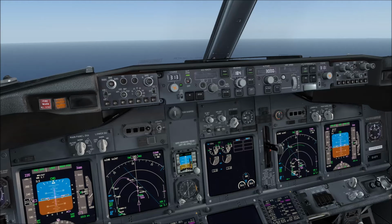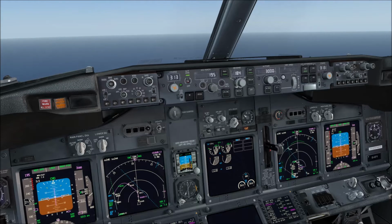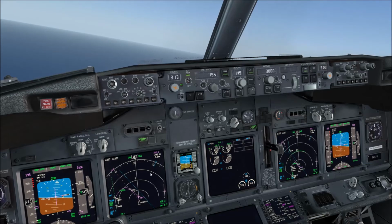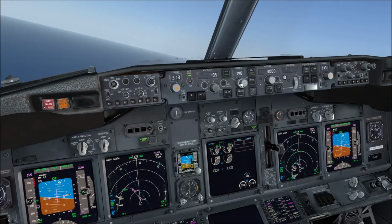So we're getting close to the decel point now, and we'll start reducing the speed. So flap 1, speed intervention, and the speed is already set around 195 knots. That will be below the 200 knots constraint. We can see the flaps extending. We've got a green light on flaps 1, so that's good. And the speed is not coming back too quickly, so I'll use a bit of speed brakes as well. Always matching up the heading with the current aircraft heading. So I kind of preset the heading to the next leg, and